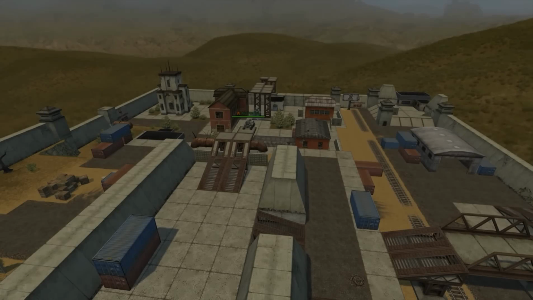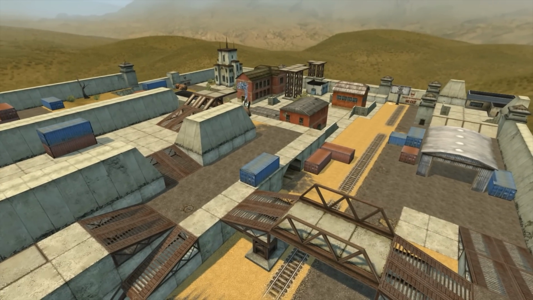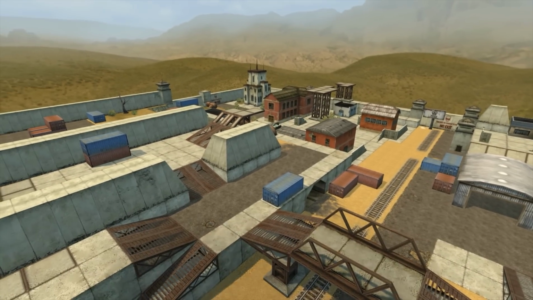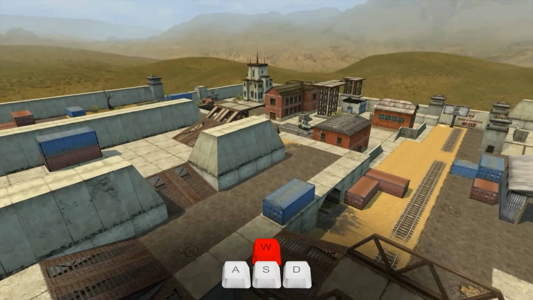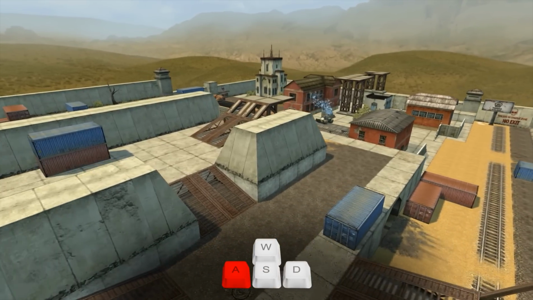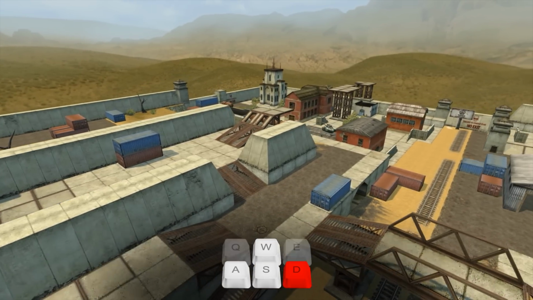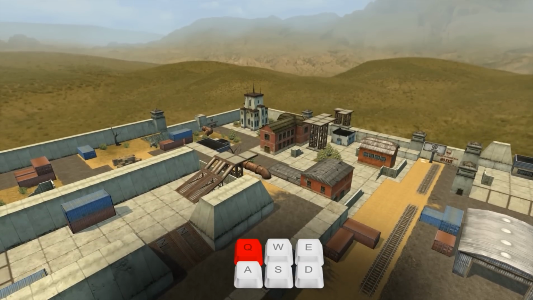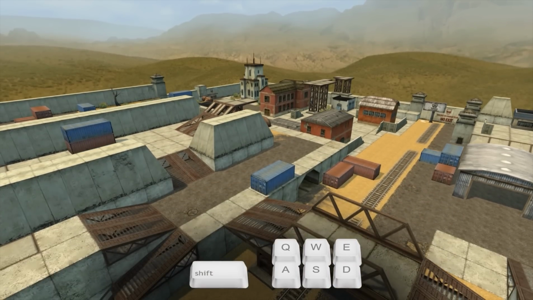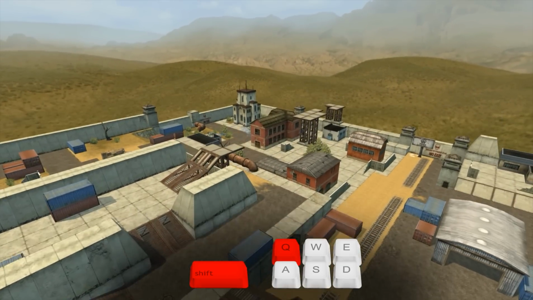Movement. For those of you making videos, I leave a warning. Controlling spectator isn't difficult. Controlling it with precision and smoothness is. It just takes practice. The basic movement controls are W, A, S, and D. And of course these controls move you forward, left, backwards, or right. E moves you up, and Q moves you down. Holding down Shift while using any of these controls will significantly accelerate your movement.